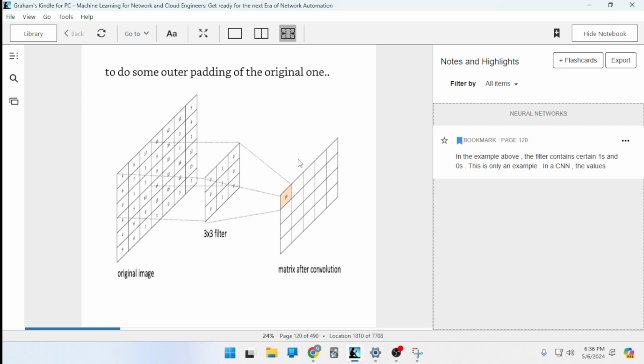Convolution operation. Sliding the filter. The 3x3 filter slides over the original image matrix. At each position, it covers a 3x3 block of pixels. Element-wise multiplication. The filter is multiplied element-wise with the pixels it covers. Summation. The results of the element-wise multiplication are summed up to produce a single value. This value becomes a single element in the resulting matrix. Bias and activation. Often, a bias is added to the sum before it is passed through a nonlinear activation function, like ReLU. This step is not explicitly shown in your diagram, but is commonly part of convolution operations in neural